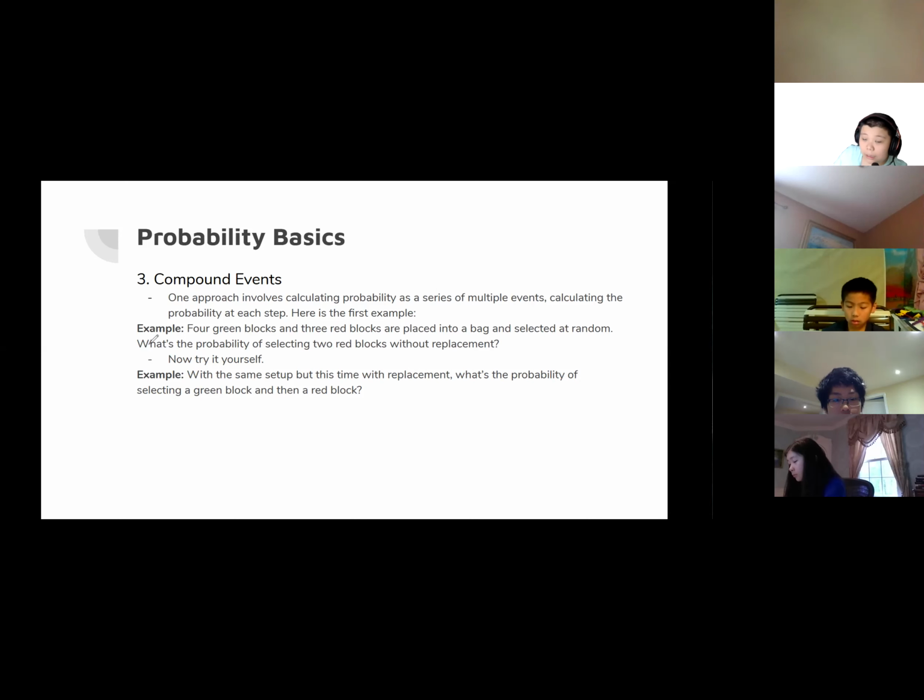So the probability here, if you choose the first red block, there's a 3/7 chance, and the chance for the second red block, well,